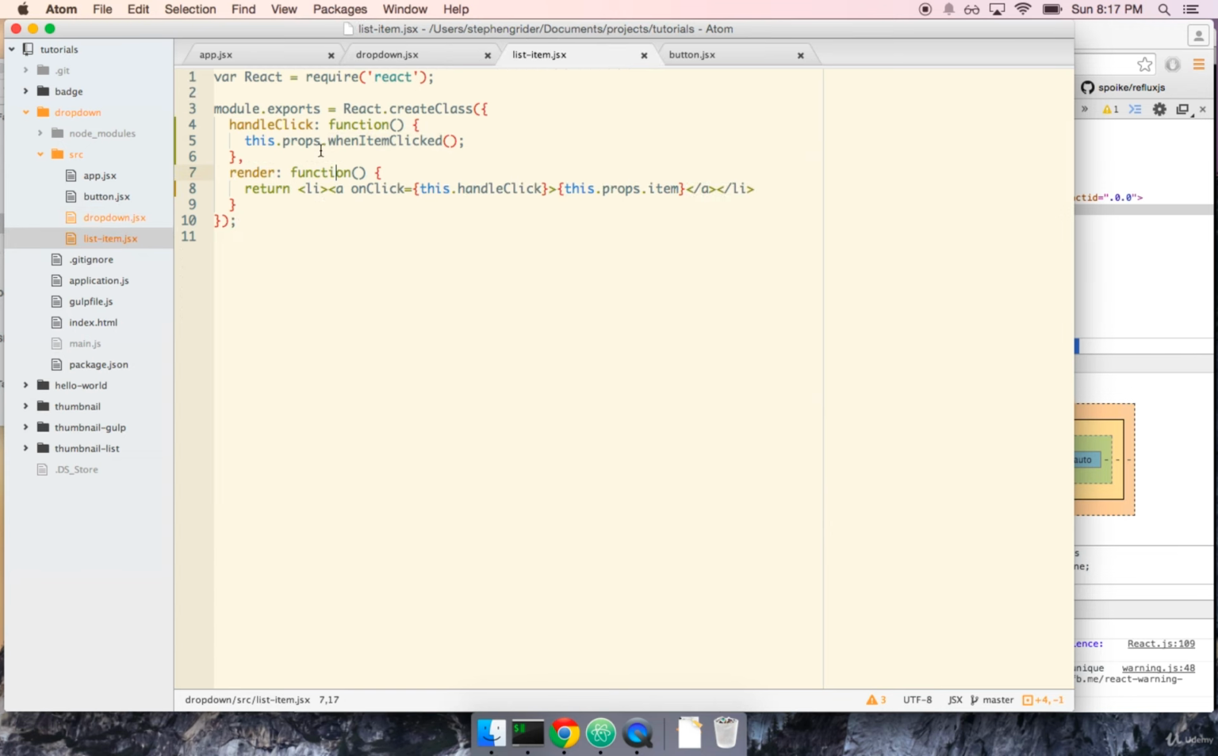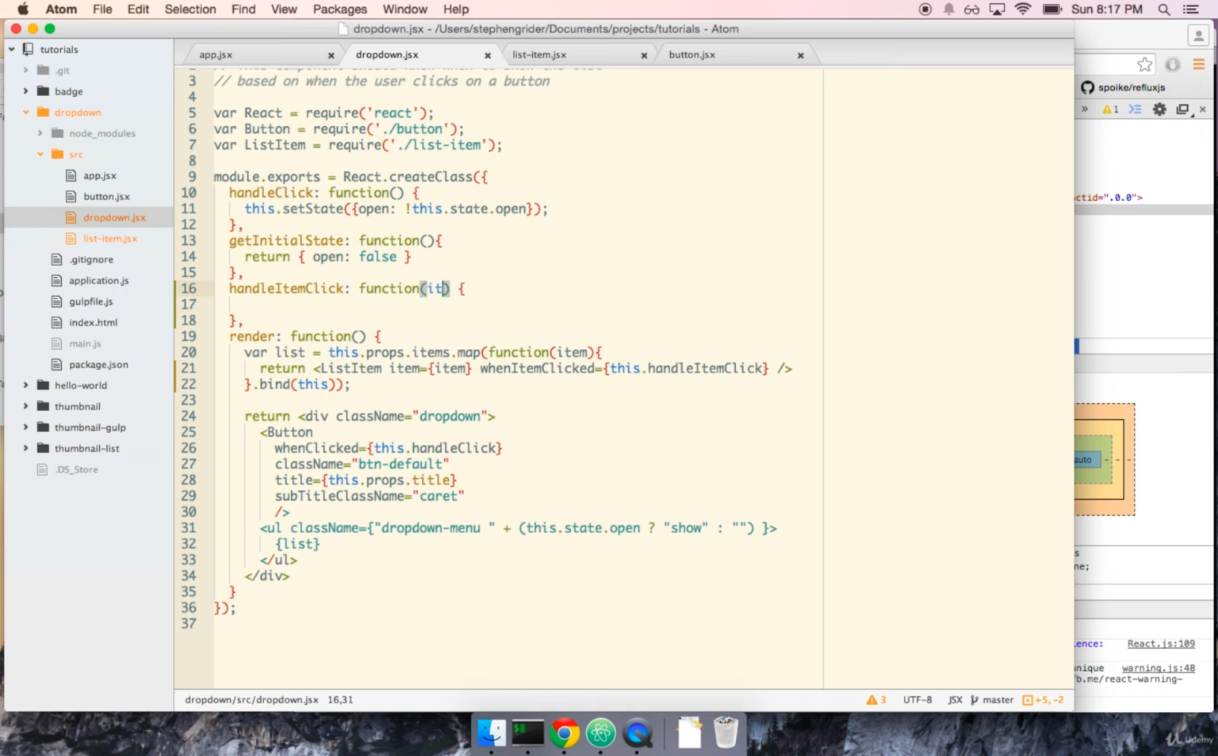And that's why we take this kind of pattern right here, where we have a second callback function that kind of acts as an intermediary or a proxy to calling the function that we really care about, which is when item clicked. Because what we can do is call the callback with this dot props dot item. So now when item clicked is called, we will know which item was called. So handle item click will get called with the item title. So let's make sure that this works. We'll console log item,